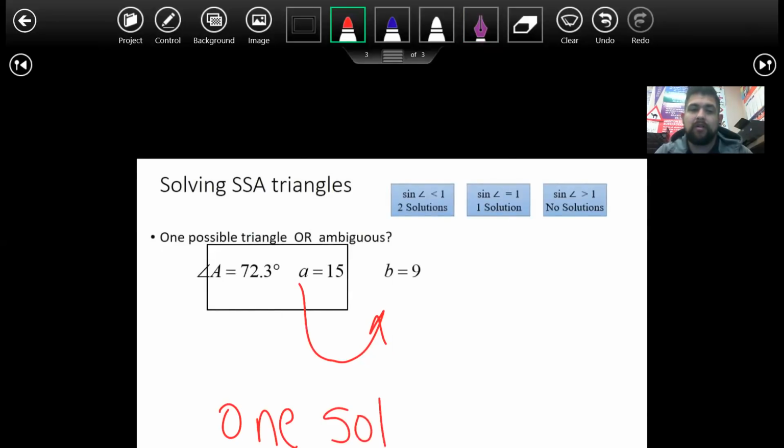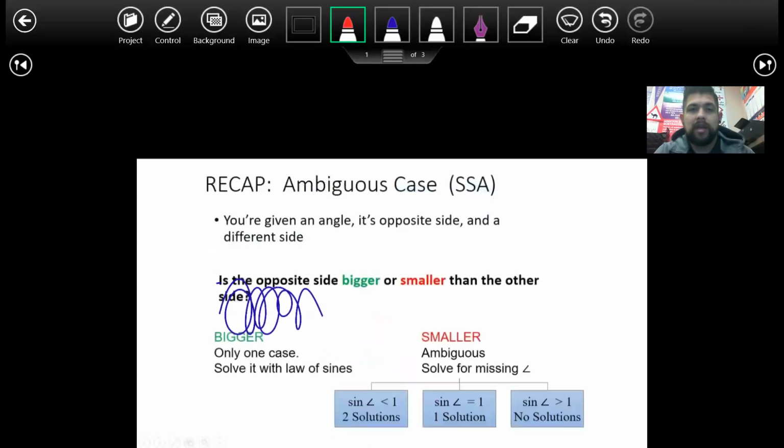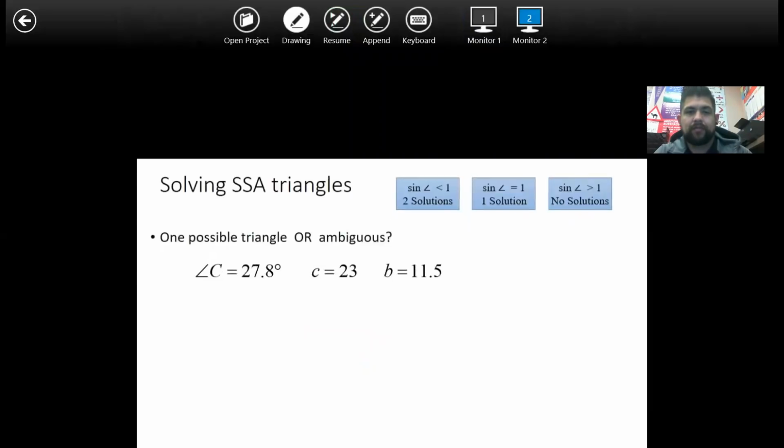We don't really need to keep on going with that. We know we have one solution, so we don't need to keep going. We know it's bigger, we're done. This does not fit into this category in the ambiguous case, so we're going to continue. The next one is